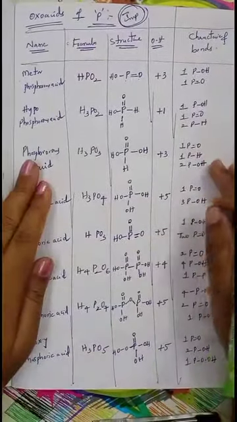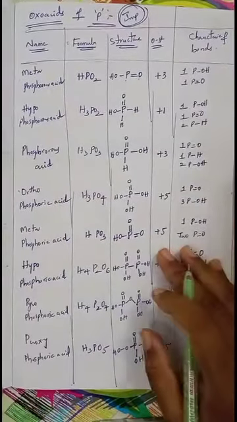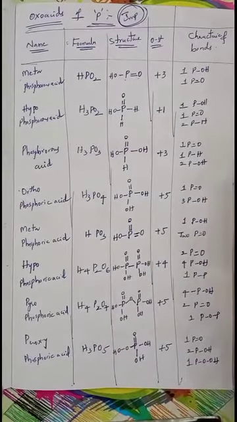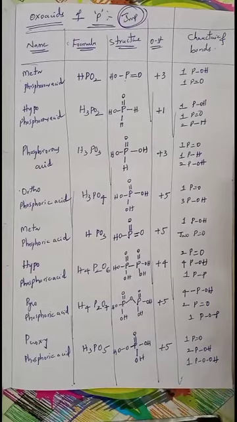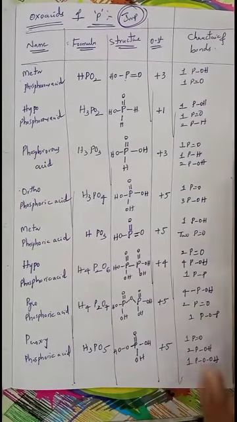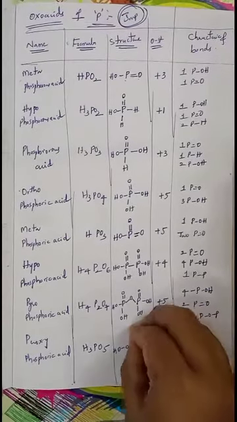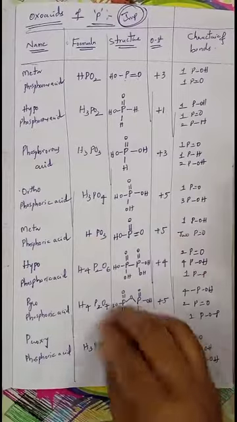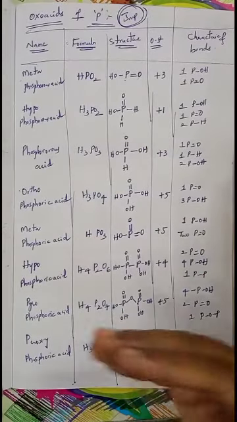Very important concept. Compulsorily there will be a question from this concept, that is oxoacids of phosphorus. So that is about the group 15 elements. Try to concentrate on the topics whatever I have explained in today's class. Based on this, try to solve questions, because it is just theory. If you know the concept, you can easily solve the questions.